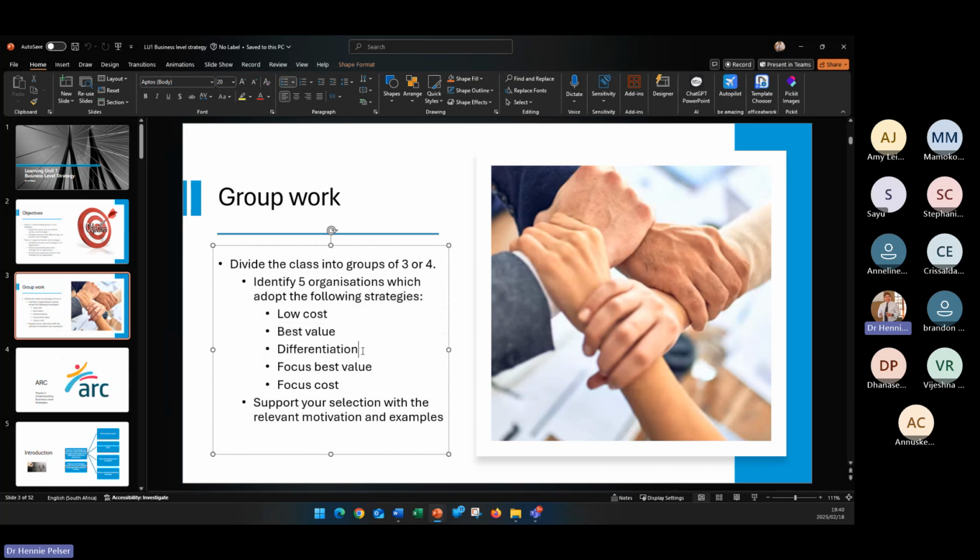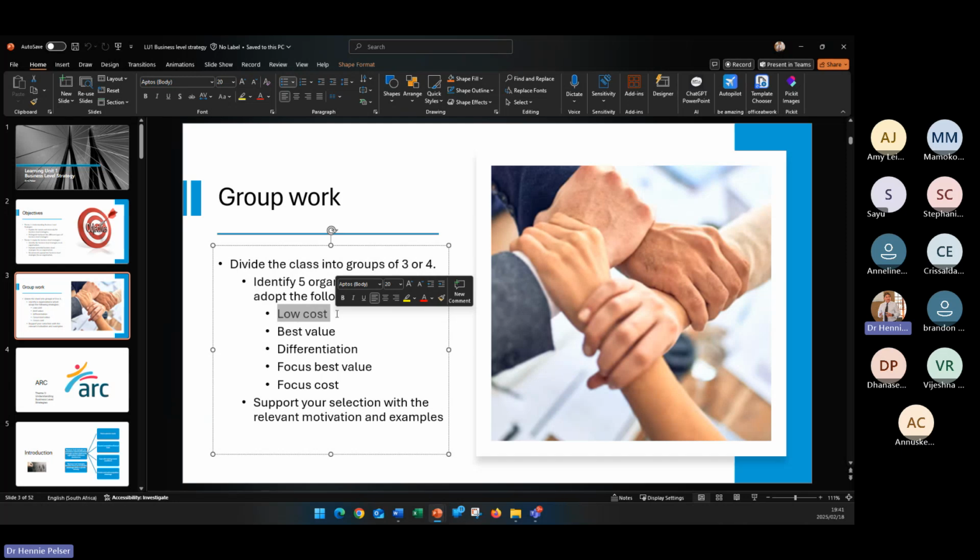Differentiation strategy. Differentiation is about uniqueness. It is about standing out in terms of the crowd, stand out. So whenever we think differentiation, you would imagine from a motor vehicle perspective, Mercedes, Audi, BMW, definitely, those are all differentiation. From a motor vehicle perspective, when we think of low cost, I would imagine the entry level Renault.